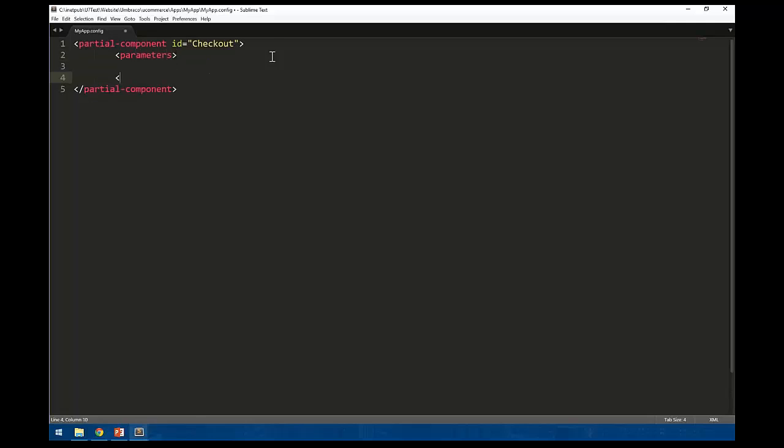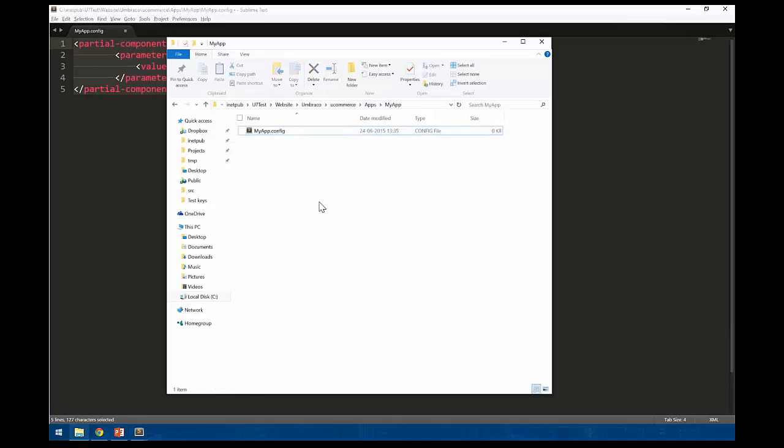Parameters, this tells me what I want to plug in. So basically what are the additional steps I want to perform. Now I can say value, and I can say insert last, for example. And what this does is it basically hooks this particular component that I'm referencing right now into my step into the pipeline that we just looked at. And so just by virtue of having this file in this folder in the file system, uCommerce knows exactly what you mean, and you can then hook into that.